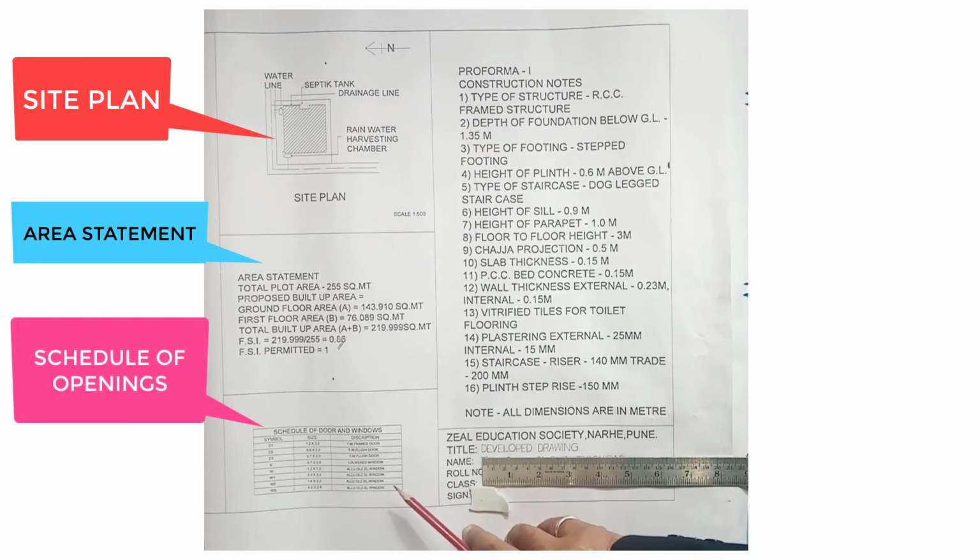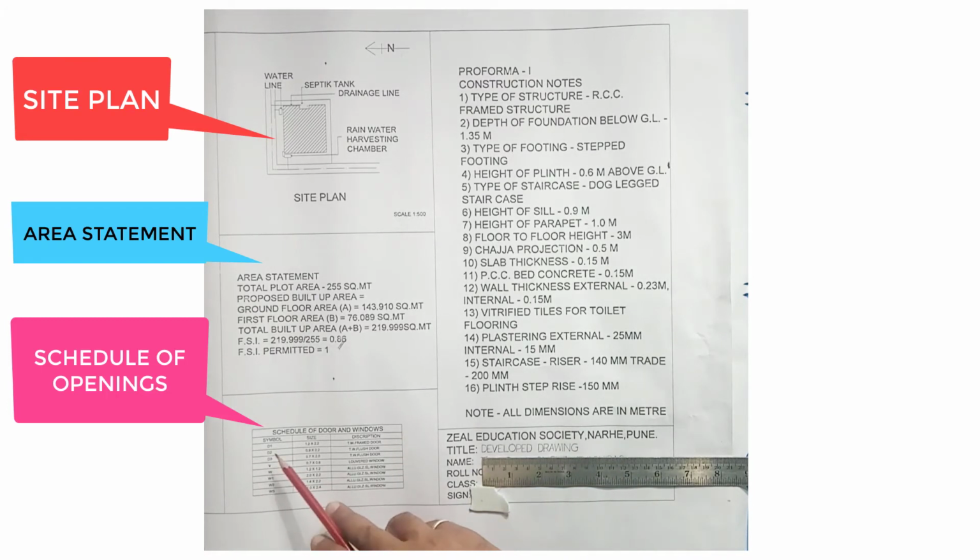Here the schedule of doors and windows, or simply schedule of openings, is provided. This schedule of openings is prepared depending upon the different designations. For example, D1, its size and its description. Now you may observe D2, the dimension changes. D1 is 1.2 meter wide by 2.2 meter, whereas D2 is 0.9 meter wide by 2.2. So once the dimension changes, the designation and its description change. D3, V ventilator, W windows, like that. So this schedule of openings will be there.